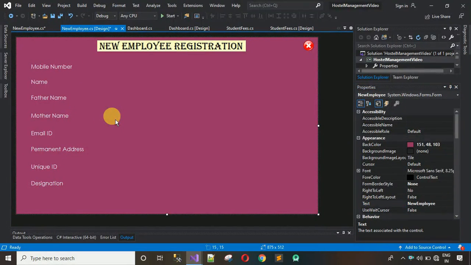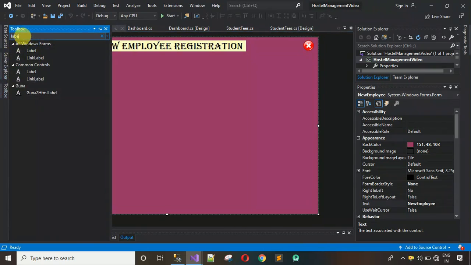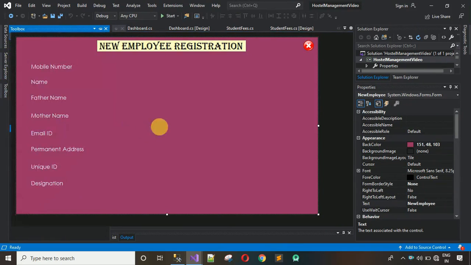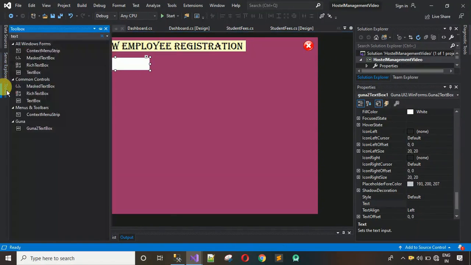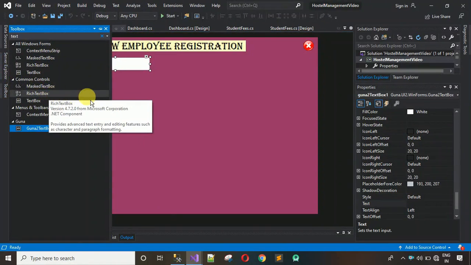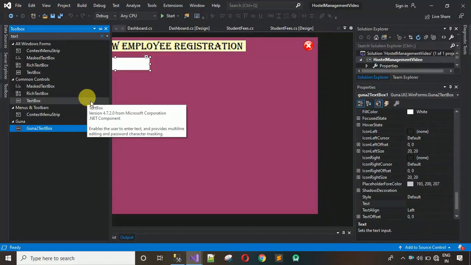Okay, so go to toolbox and search for text box. Just drag and drop it over here, the text box. I'm actually using this Guna 2 text box, so make sure you have added this Guna 2 DLL file into your toolbox, and if not then just go to description, download the Guna 2 DLL file